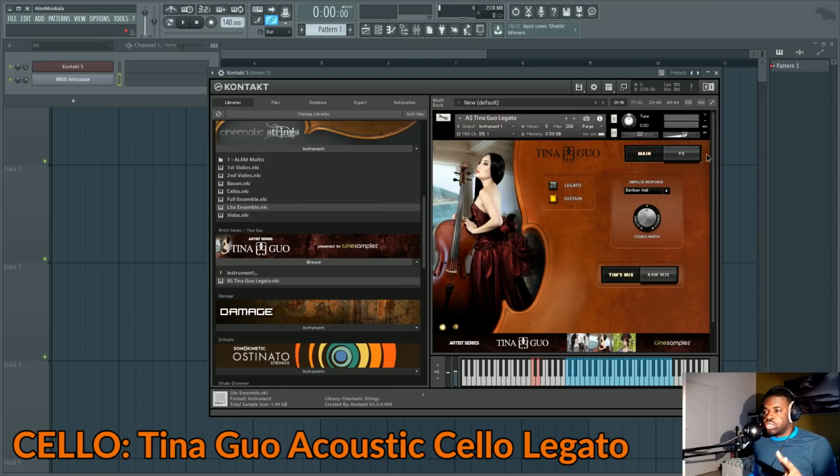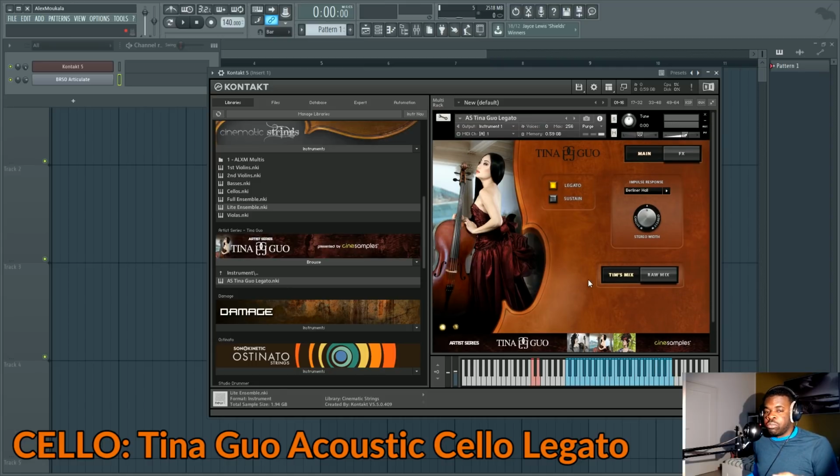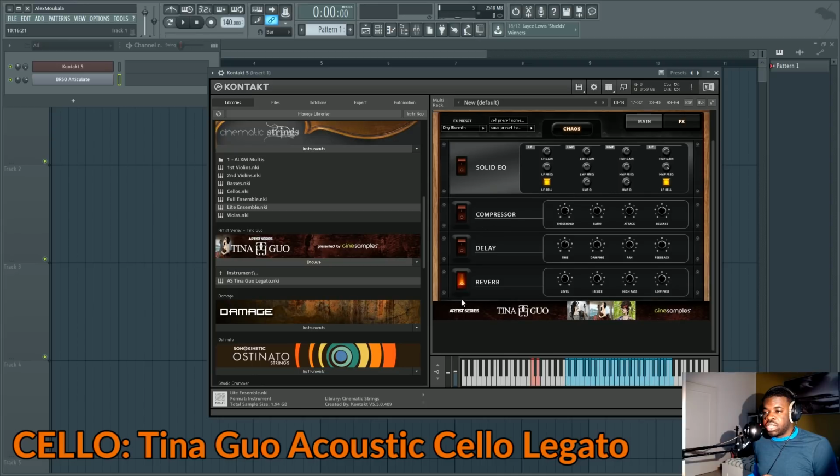This library comes in two versions, actually. There is this Solo Cello Legato, which only has a legato and sustain articulation. And there's also Tina Guo Solo Cello Complete or something, where you have more articulations, but I only have this version personally. And there's the effects tab that allows you to first set your internal reverb, but you also can